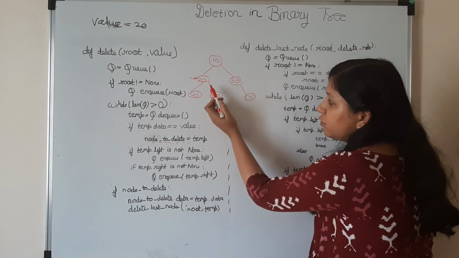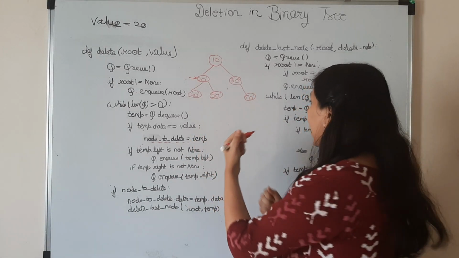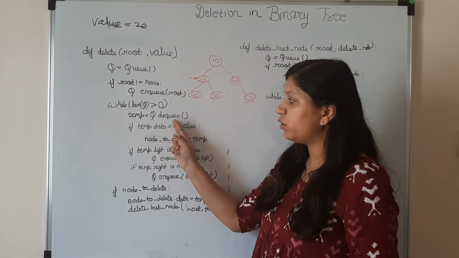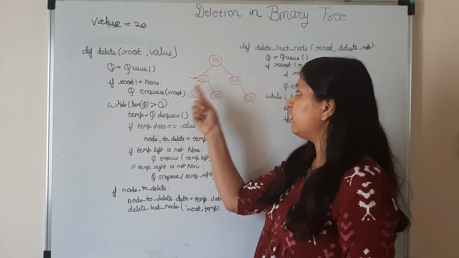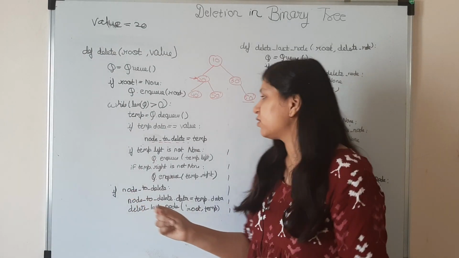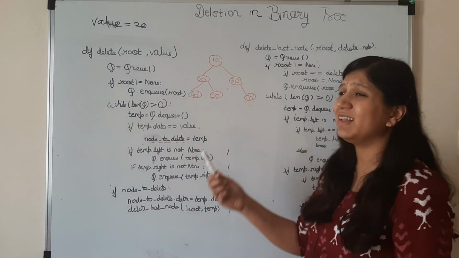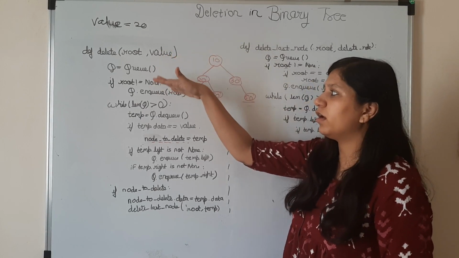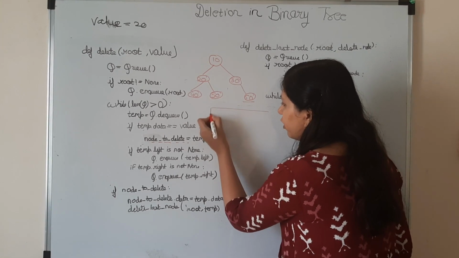Second, we'll not stop here. We'll continue the traversal till we reach the last node, which is 60. So when you do the traversal, every time you dequeue an element from the queue and keep it in temp. When your traversal is done, it will have the last node's reference. So temp would be pointing to 60 when this loop is over. Let's take a quick look here. Here we have a queue. Every time we do the level order traversal, we create a queue. In this queue, firstly we'll push 10.